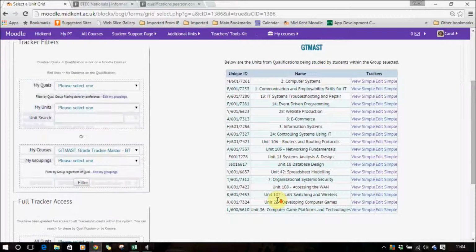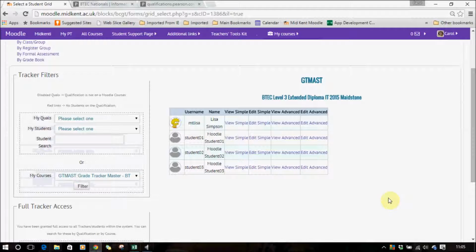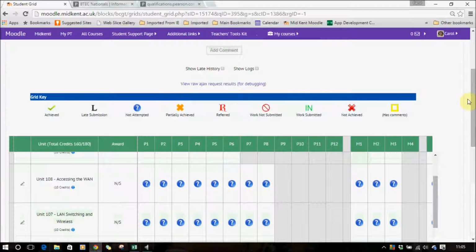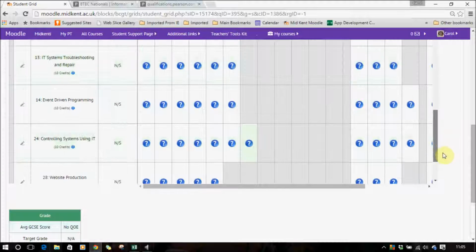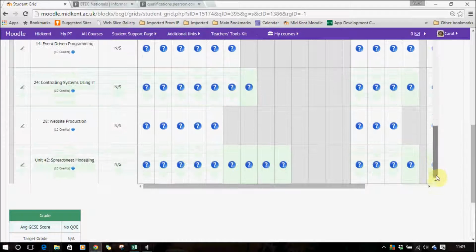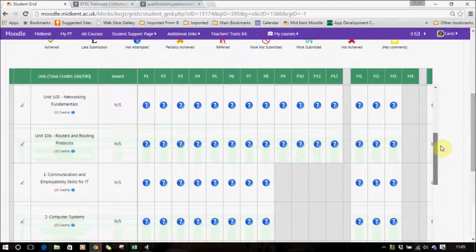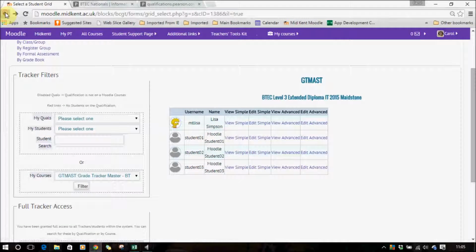I can go into view and edit the grid by unit just to check that everything's now okay. I've got all my units, including my new one that I've just added. So I've checked all the way through those. I can go through by student just to see that my students are all through onto this qualification. I can view Lisa's grid just to make sure that I've got everything I need. When we look at Lisa, we can scroll through all the different units that she's on. And what I can see here is she doesn't seem to have been added to the new unit we just created. So if you notice that, we're going to need to go back to our dashboard